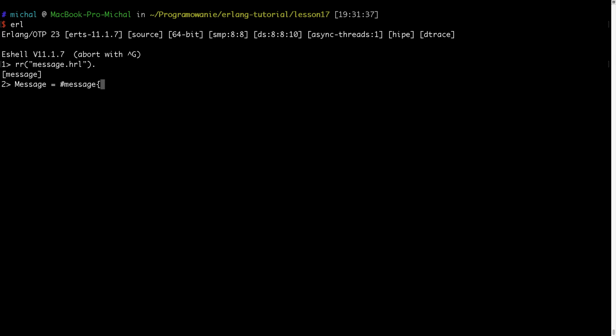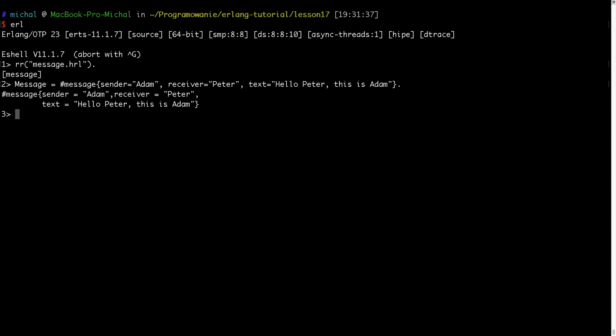And now I can type message, sender, for example, Adam, receiver, Peter, and the text will be "hello Peter, this is Adam. This is my message," and now I want to compile my module, which is